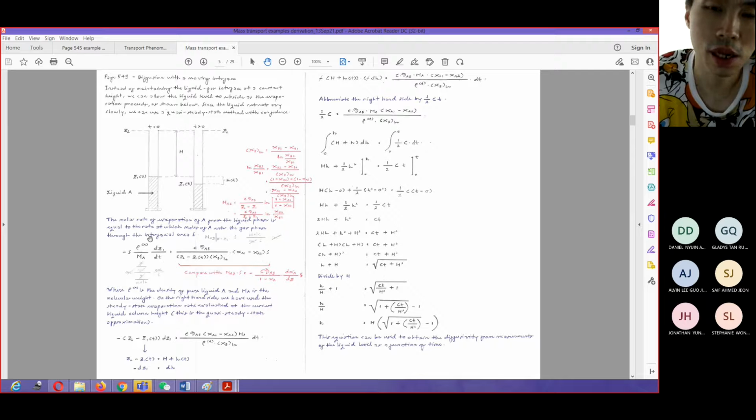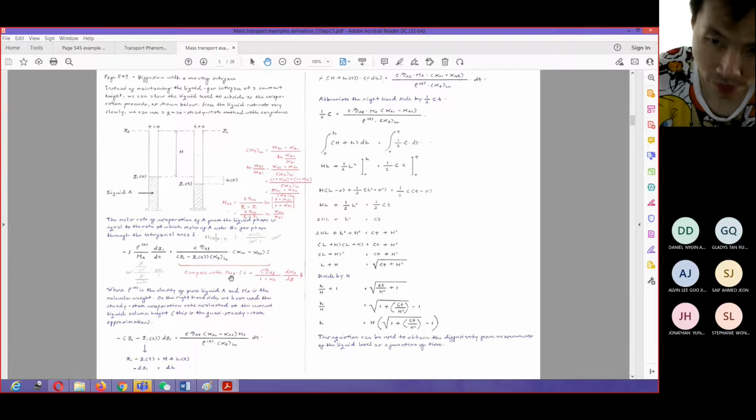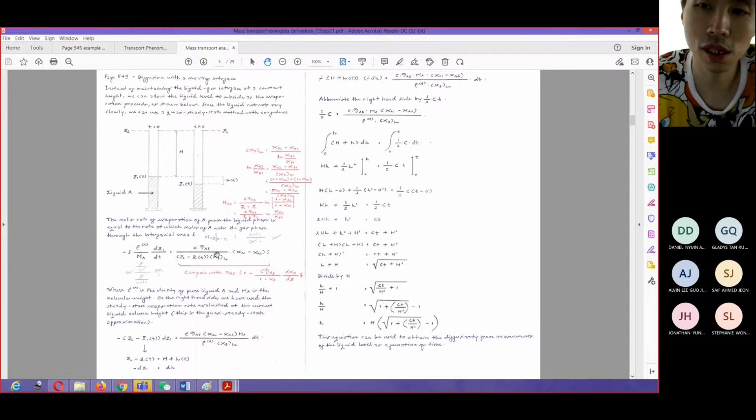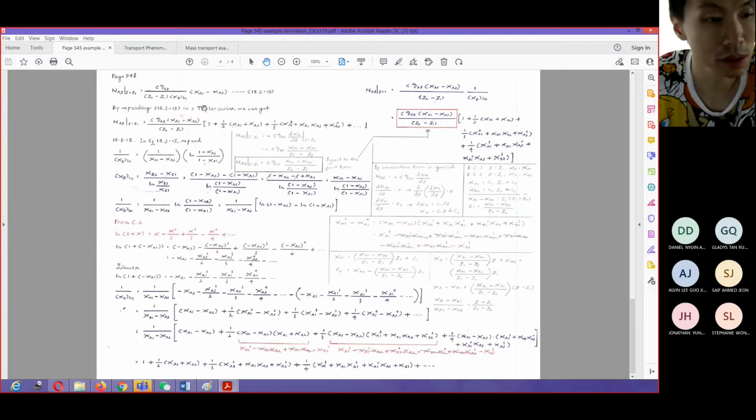The reduction in the accumulation term will be equal to the mass transfer going out from that particular liquid-gas interface. That's why we are putting a minus in here. So this is minus S multiplied by the density of A divided by the molecular weight of A, and multiplied by the change in Z1 with respect to T, which should be equal to this term in here. This term is essentially what we get from these particular equations.